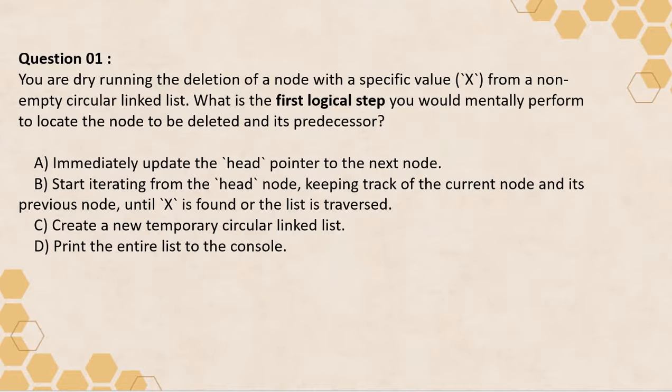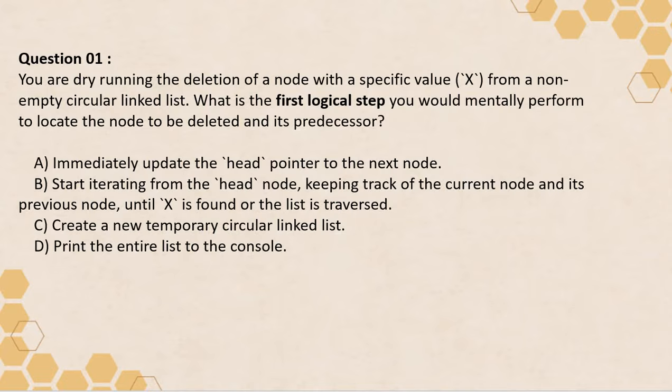X from a non-empty circular linked list. So now here the concept is the circular linked list, and the operation is the deletion operation. Now what should be the first logical step that you would perform mentally to locate the node to be deleted